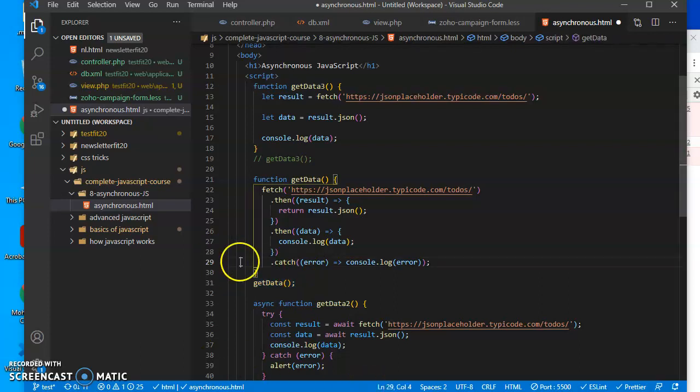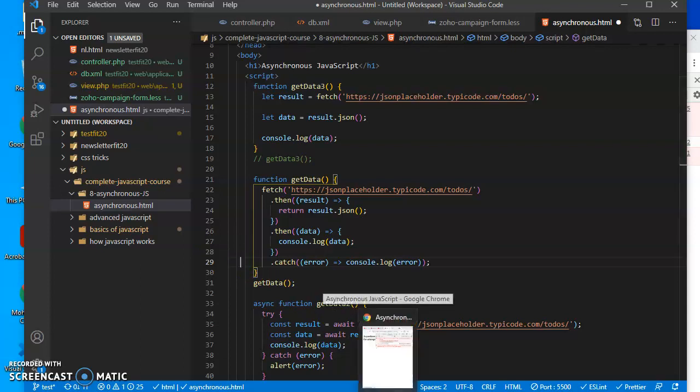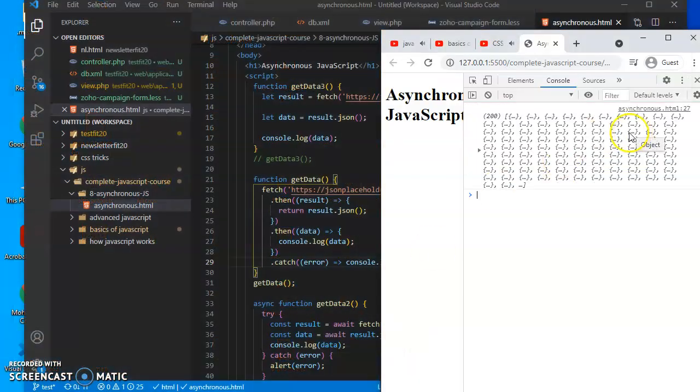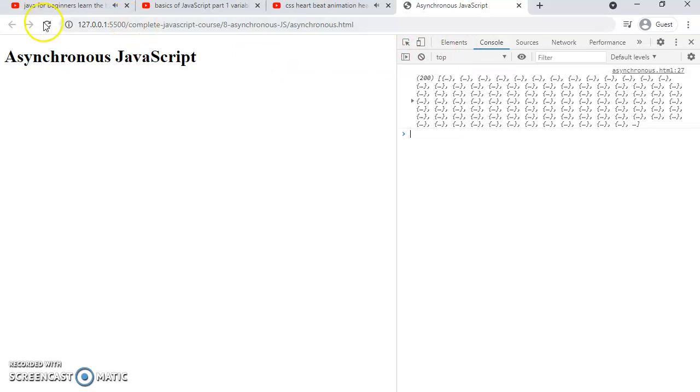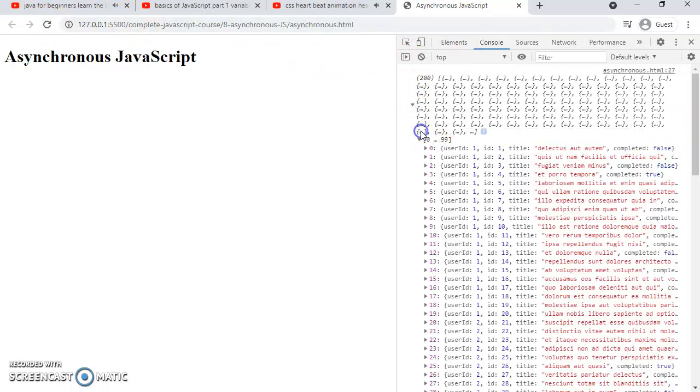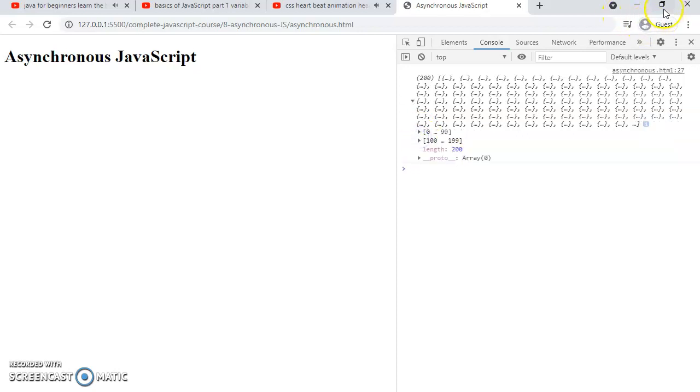If we go to here, as you can see, we get a lot of data already. So let's refresh and it works. So we're console logging the data, and we get all of this data. And how it works: